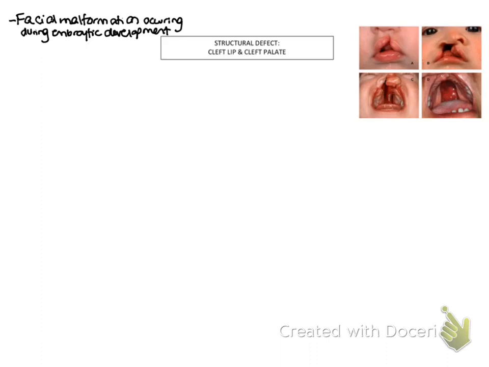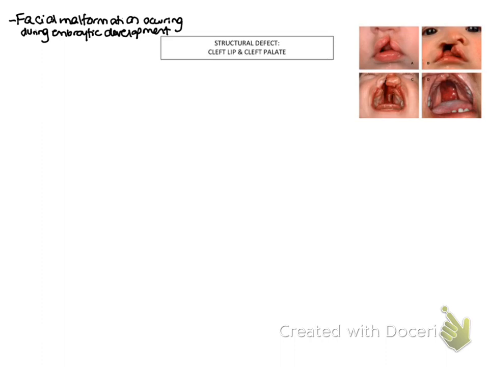So it's a facial malformation that occurs during embryonic development. And when I was reading up about it, it was kind of cool, the way your face forms. It forms 3 ways. So it comes from the bottom and from the sides. And so that's where the defect happens, because as it's coming here and here, it just stops developing for whatever reason. And then there's a hole because it didn't form. And that's where the cleft lip or cleft palate occurs.